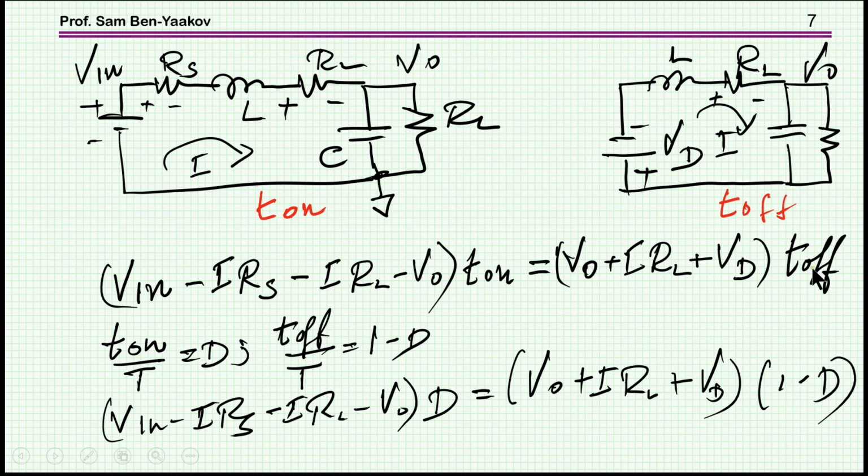This is during T off, and these must be equal at steady state. Now, since T on over T is D, and T off over the period is 1 minus D, I can change this to here times D and 1 minus D. So this equation now can be solved for D, which I'm not doing, but obviously